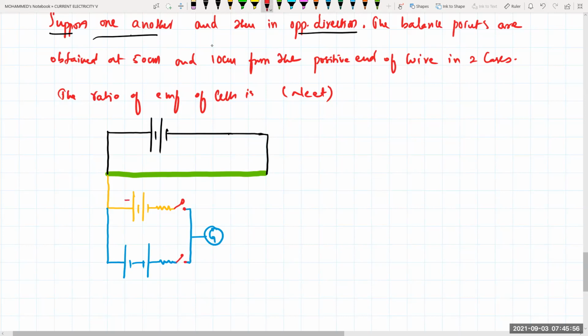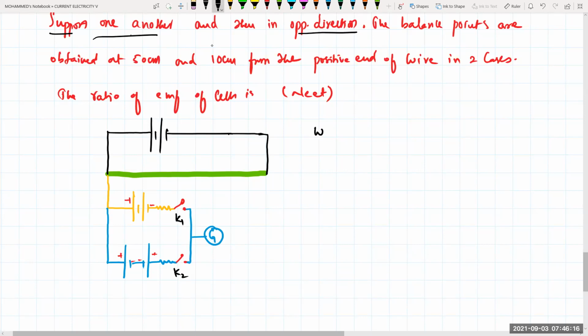Here they are positive connected to positive, this is negative. But you see here positive, negative, negative and positive. This is an opposite nature, so they are not supporting. The first one is supporting and the second one is not supporting. So the potential gradient, if I'm writing for the first cell. This is a key K1 and this is your key K2.